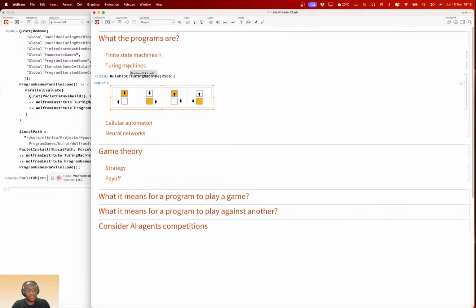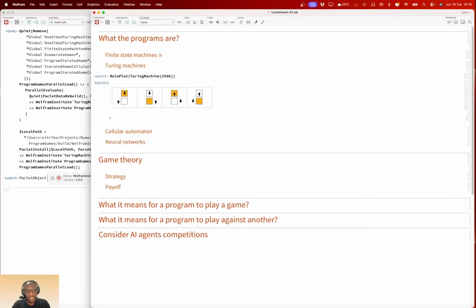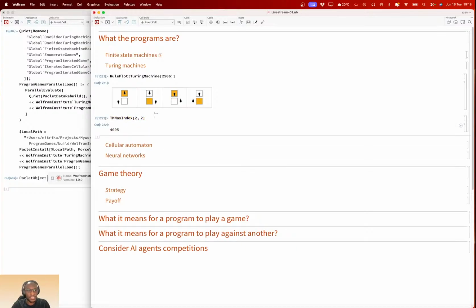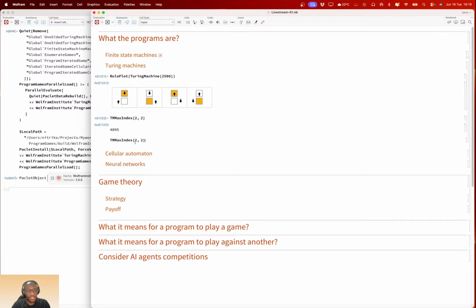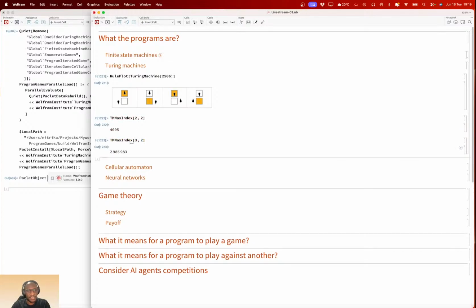The same way, how many Turing machines are there? For a two-state Turing machine, we have only 4,905 Turing machines. And then for a three-state, we have 2.3 million.